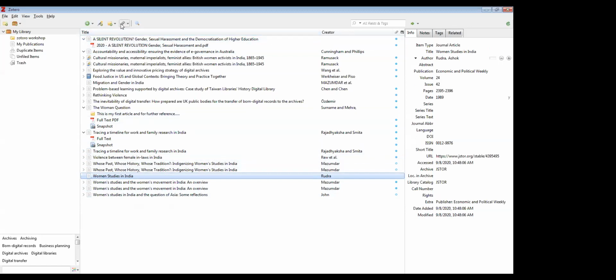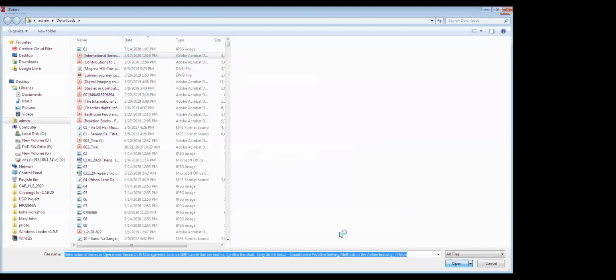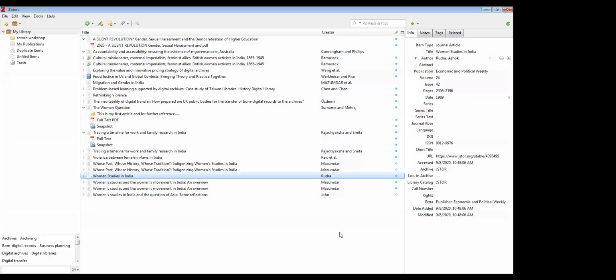So there is a button called Add Attachment on the upper side. You click on this and say Attach Stored Copy of a File. Then you select that article from your hard disk and say open. That particular full text will be attached to this article.